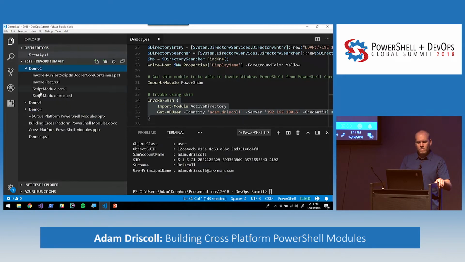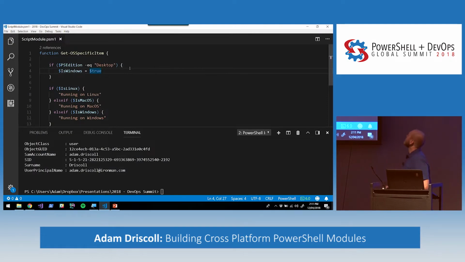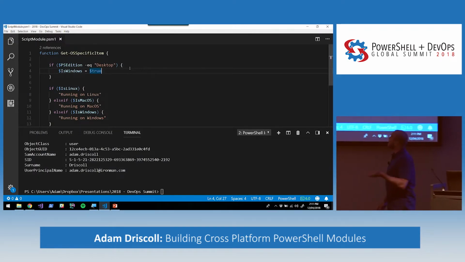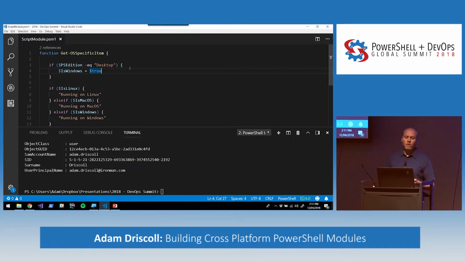All right. So I just have a script module. It's really boring. It just has one function, Get-OSSpecificItem, and it checks those variables that I was talking about before and returns a string based on what operating system it's running on or what edition of PowerShell it's running on. So if we're running on Linux, it says running on Linux, or running on Mac OS X, or Windows. To validate that that's working,